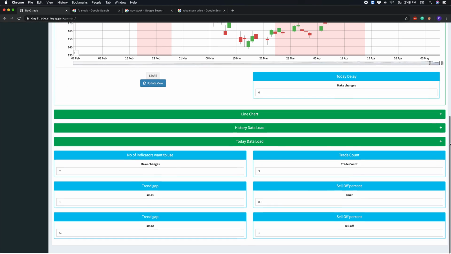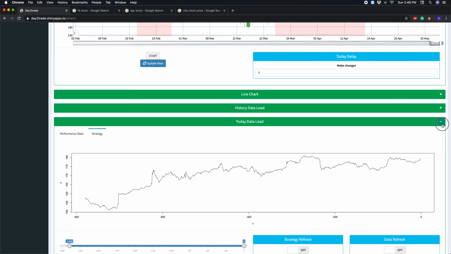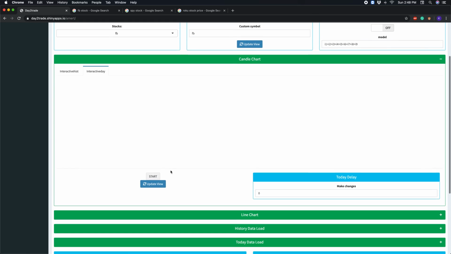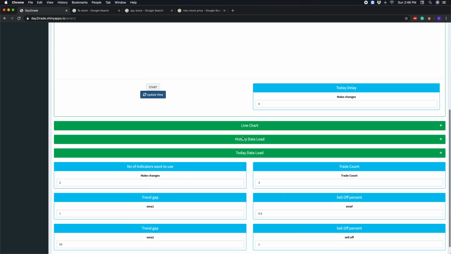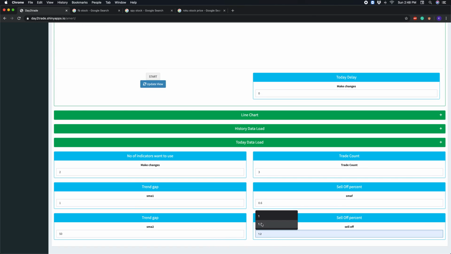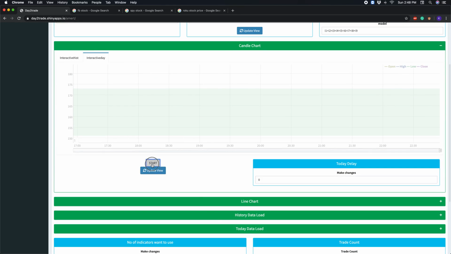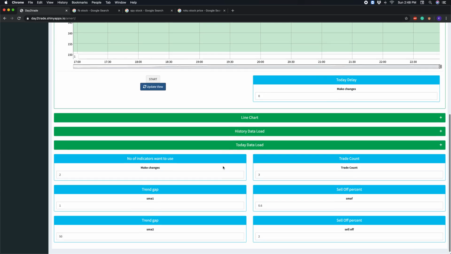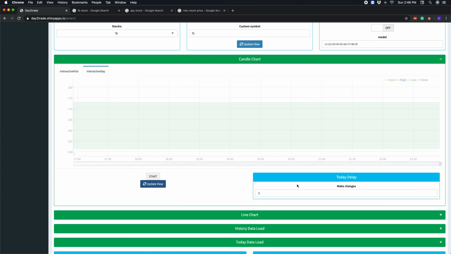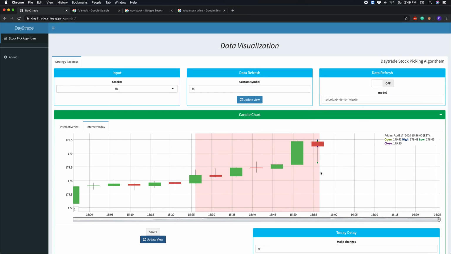And similarly, I can go for today's statistics where I can load today's data. Once I load today's data, then I can go for interact today to apply the strategy on today's data. Before doing that, I want to change this parameter to 2 so that I will get the actual time zone that is required. If it is default, it will show you like this, but once you make this time zone different, then it will show you the actual stock times.